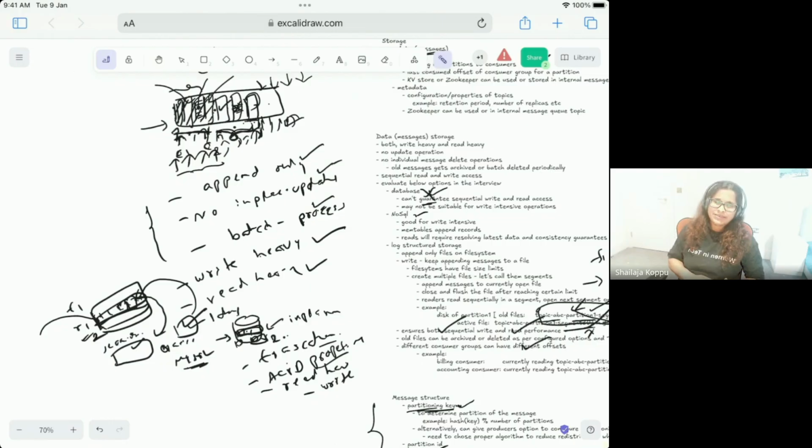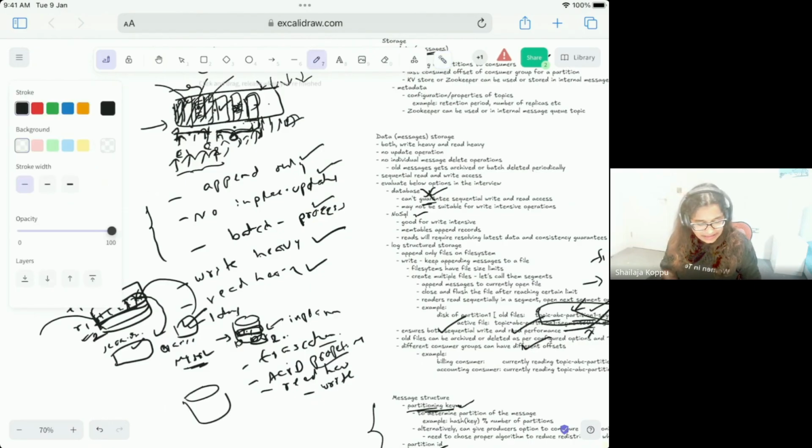A typical disk, the read and write performance is very good when you keep reading it sequentially, because disks have arms. If you remember our old operating system diagram, this is how disks are. There are plates and there is an arm. This arm is like an old cassette tape record, keeps reading like this. So the disk read and write performance is very good when we keep doing it in a sequential manner.